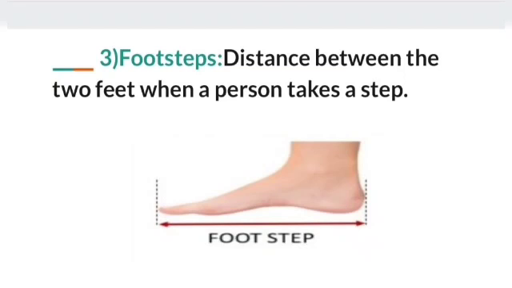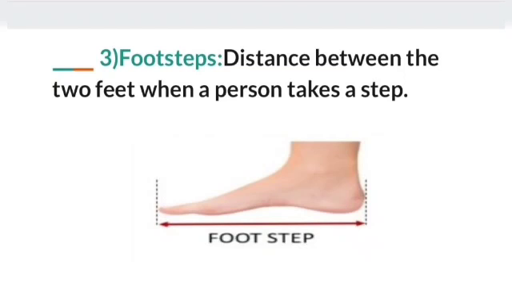So children, in ancient time, people measured the length in handspan, in cubit and in footstep. They measured the length of the objects like 1 footstep, 2 footstep, or 1 handspan, 1 cubit, 2 cubit,